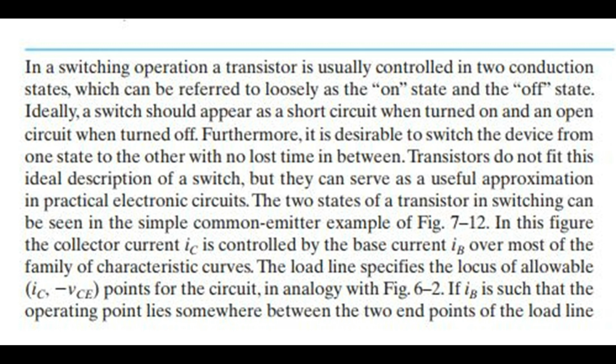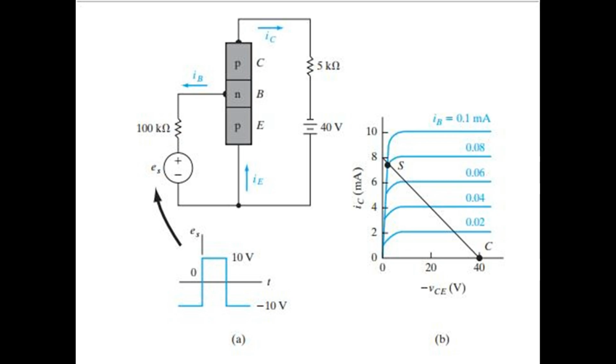In practical electronic circuits, the two states of a transistor in switching can be seen in the simple common emitter example of Fig 7-12. In this figure, the collector current IC is controlled by the base current IB over most of the family of characteristic curves. The load line specifies the locus of allowable IC, VCE points for the circuit, in analogy with Fig 6.2. If IB is such that the operating point lies somewhere between the two endpoints of the load line,